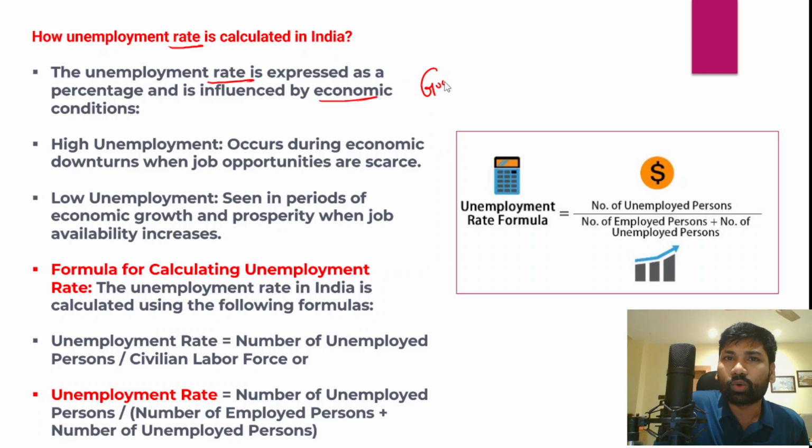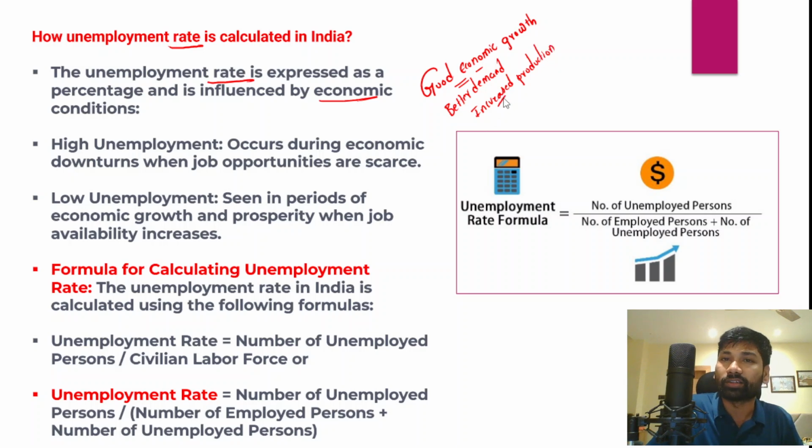For example, when there is good economic growth, it actually means good productivity in the economy, and that creates a lot of employment opportunities. So it is actually a multiplier effect. Good economic growth would result in better demand, and better demand means increased production, and with increased production the industries require more labor to meet the increasing demand. Therefore, gainful employment opportunities.